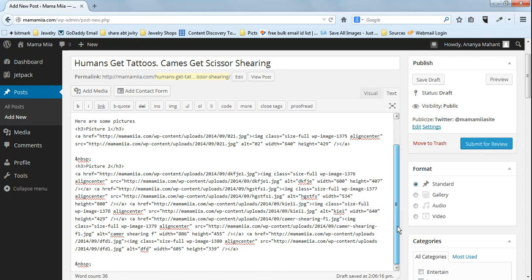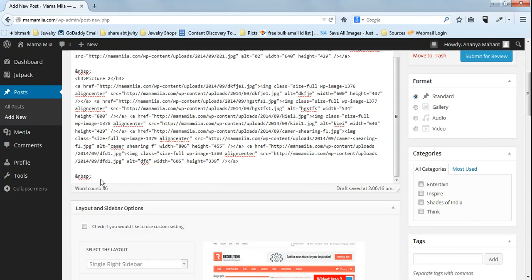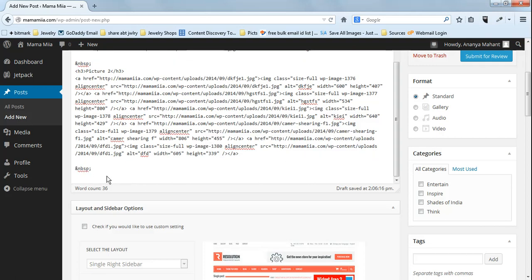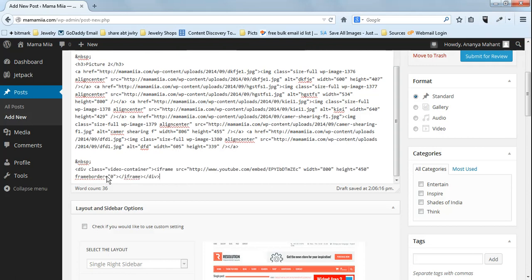Wherever you want to insert your video, let's say right now I want to insert it here. If you see at the bottom here, this is where I want to insert my video. So I just press enter, and there is a certain snippet which I have pasted here. We are going to send this snippet to you separately. Every time you want to insert a YouTube video, you are going to use this snippet as it is, so just copy paste it. The only thing you need to change is this part here.